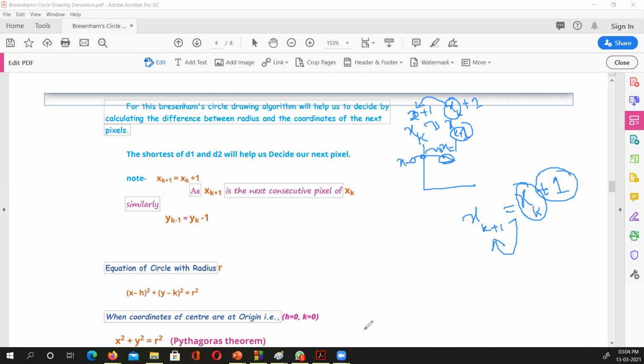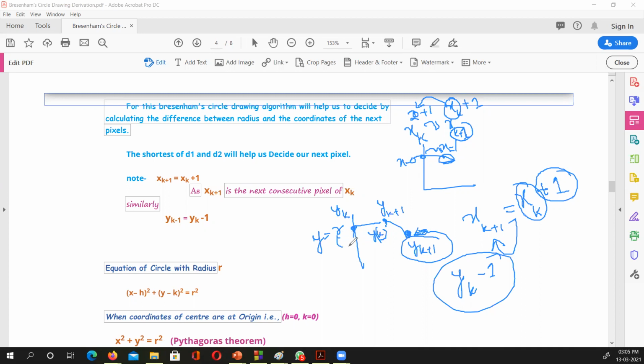Similarly, in case of y, at this position y was something, y is in fact r in our case. Now this is y of k plus 1, the next y. If this was y of k, now this is y of k plus 1. For the next pixel, this is y of k and this one is y of k plus 1. But we know that when I say y of k minus 1, it actually means we decrement y. It is the same as that, because if it was 10, it becomes 9, or it stays like that.